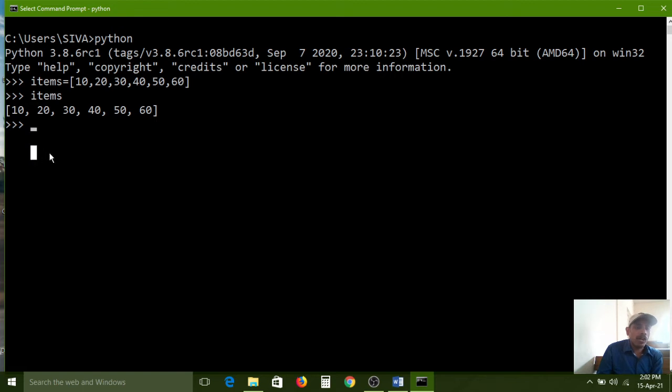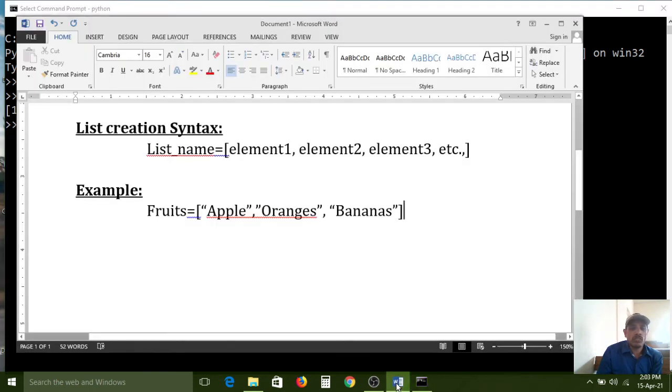So now I want to print only the third element. How is it possible? List items are stored like this. All of you carefully observe.